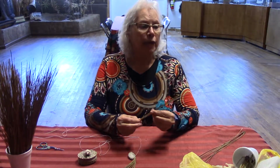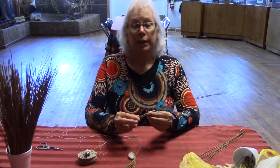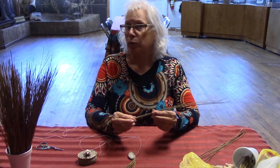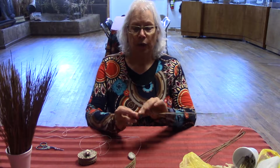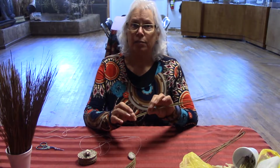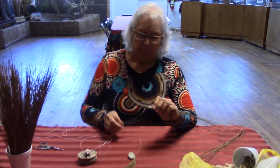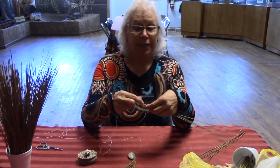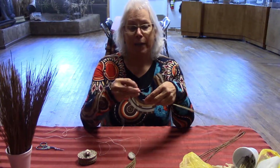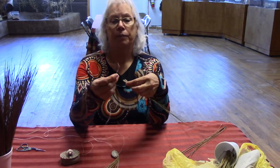To start off, you have to harvest your pine needles off the tree, and then you have to set them aside and let them dry just enough to where they're still malleable, but not so dry that they break whenever you start weaving them, because that's actually what you're doing. You're going to be weaving a basket. And so you would start with